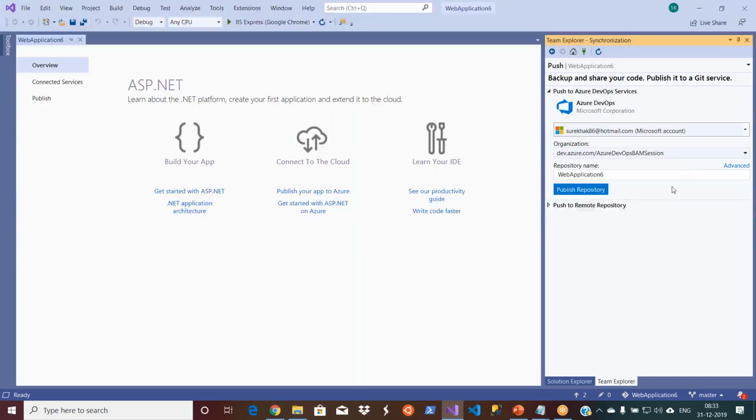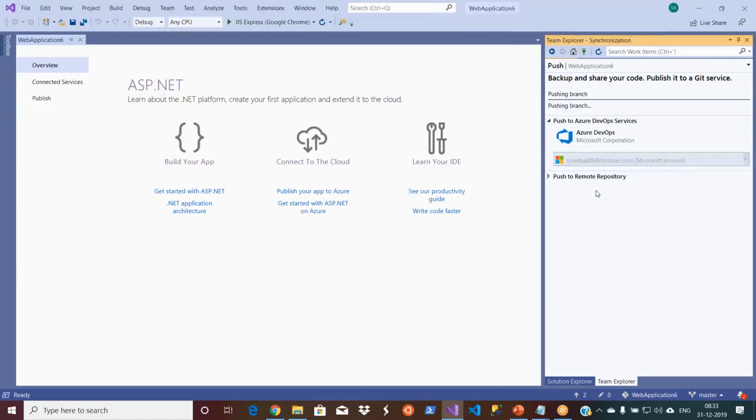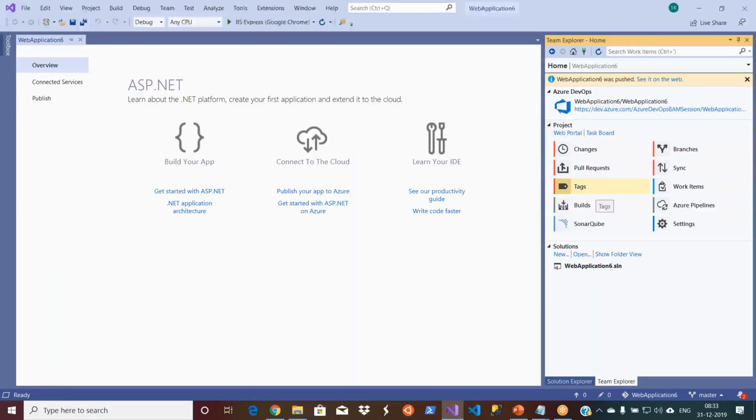Since I am starting now today, I just want to create a new repository today. I don't want to waste any time actually. Let's go ahead and click on publish repository. I'm not sure why I was not getting that option earlier. Okay, now a repository is being created in my organization.